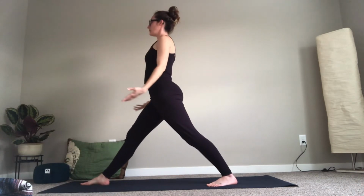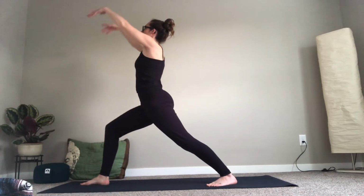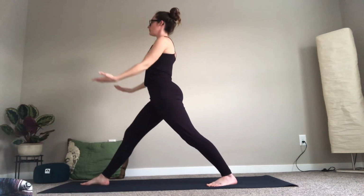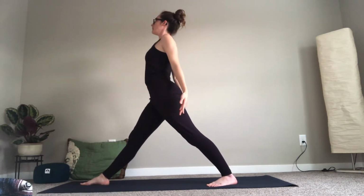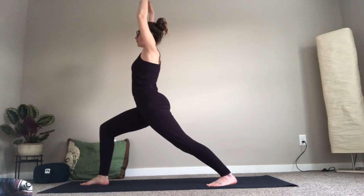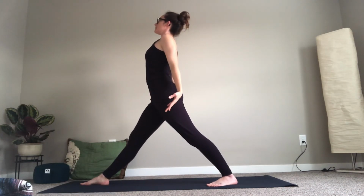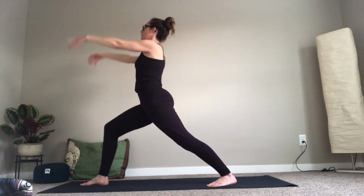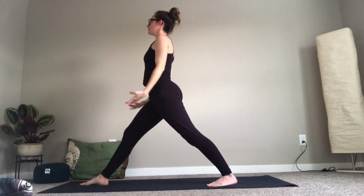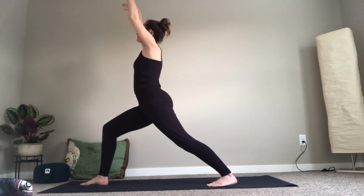Inhale, straighten the front leg. Exhale, warrior 1. Inhale, straighten, float the arms down and behind you. Exhale, warrior 1. Two more. Inhale to straighten. Lift the heart. Exhale, warrior 1. Inhale, straighten. Exhale, warrior